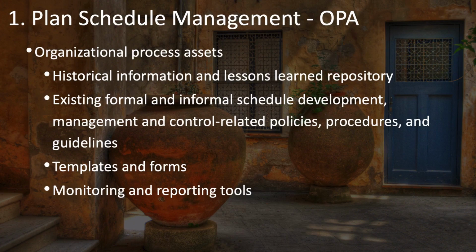As always, historical information found in your lessons learned repository and elsewhere within your organization are an important organizational process asset. So they're at the top of the list. In addition to specifying which scheduling software you can use, your organization will perhaps also have some existing formal or informal schedule development or management or control related policies, procedures, and guidelines. These may be written down or communicated verbally, information that you can get from your PMO or other project managers